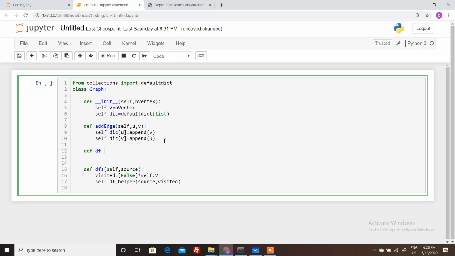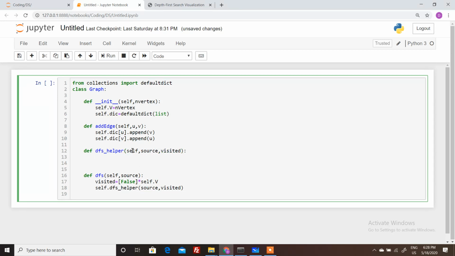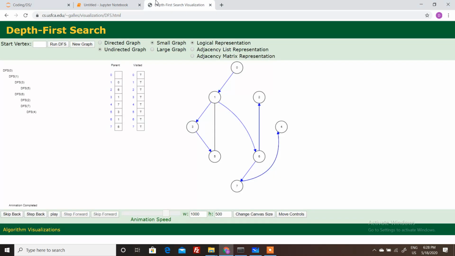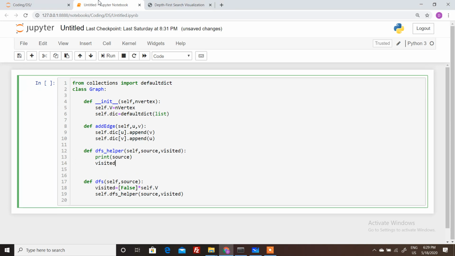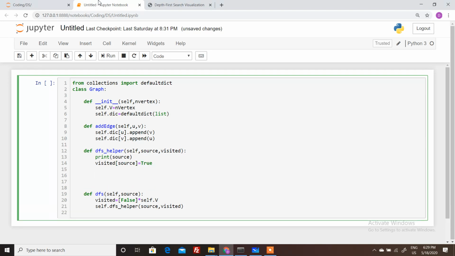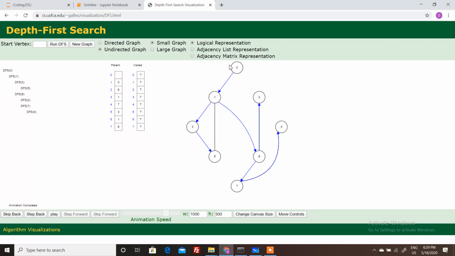And now in DFS we need the source, we need self first. So first thing we need to do, let's take this graph from 0. First we need to print the source and mark the source as visited, visited of source equal to true. And now we need to go to the neighbors of 0.